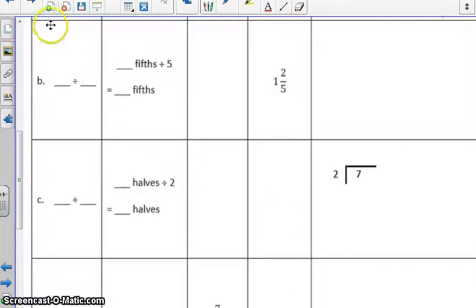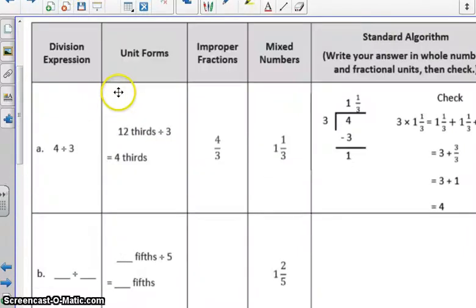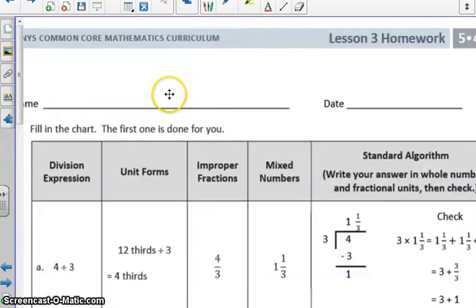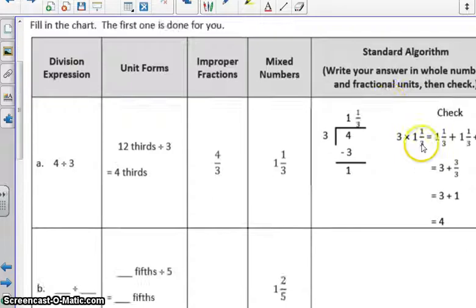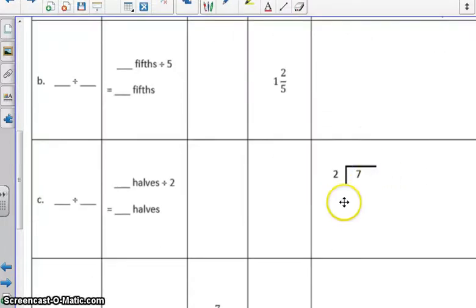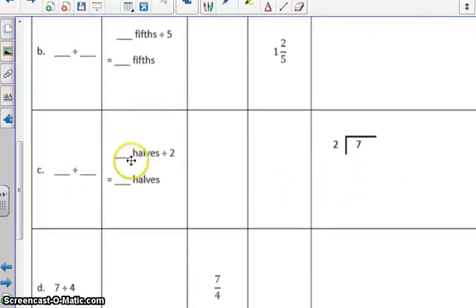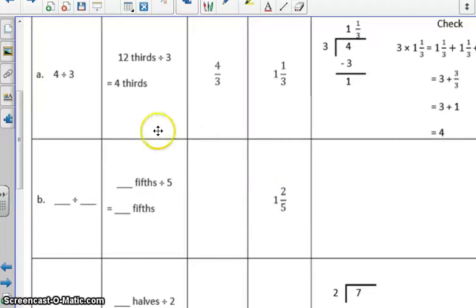Okay, this is Module 4, Lesson 3. I'm going to do now the first one here on the homework, which is more of an example. I know it's a lot to take in just looking at it, so once you do it step by step, it becomes much easier. Now, the first couple